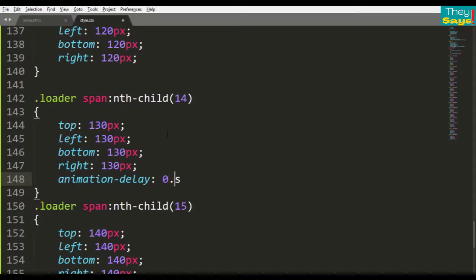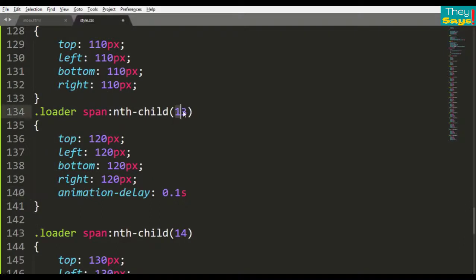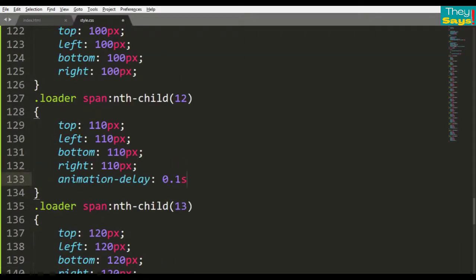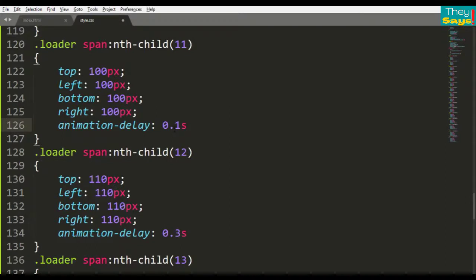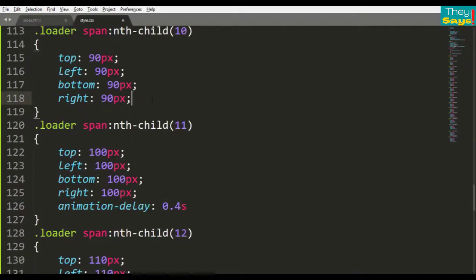Child number 14, animation delay is 0.1 second. For child number 13, animation delay is 0.2 second. 12, animation delay is 0.3 second. Child number 11, animation delay is 0.4 second.